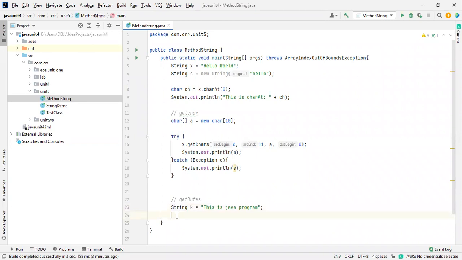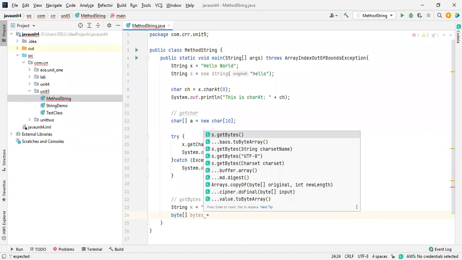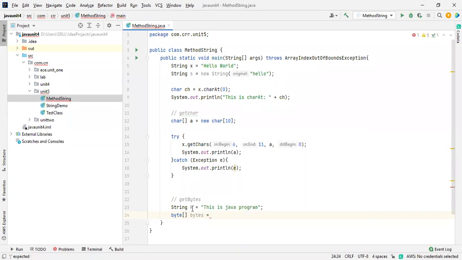And now I'm going to extract by using getBytes. How are you going to do that? Okay. Byte here means it is an array, like bytes is equal to, and here what I'm doing is just taking the variable name of the string, like k dot getBytes.